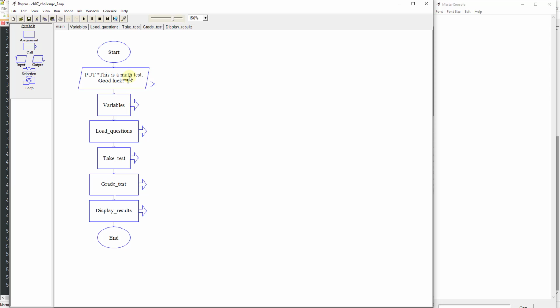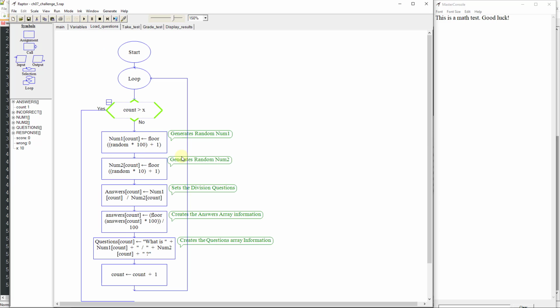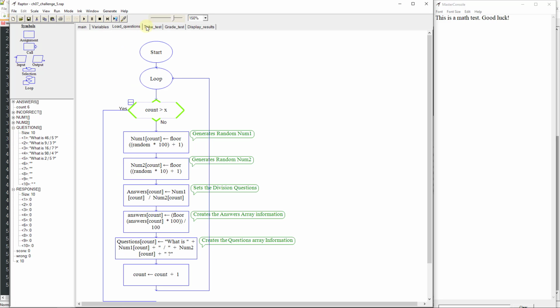So let's run through this real quick. So it's going to start. It's going to generate our variables. And once it gets to taking the test, it's going to load all the questions now. And I'll open up the arrays and show you here in just a second once it loads all the arrays. Actually, we can go ahead and do that as it's running. So these are our questions here that it's building. And I'm going to make this go just a little bit faster. There we go.